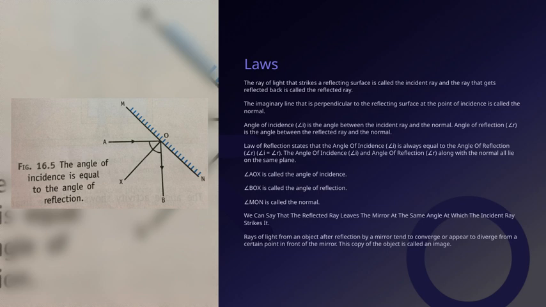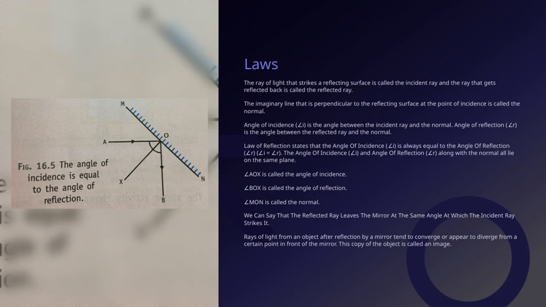The angle between the incident ray and the normal is known as the angle of incidence, or I. Similarly, the angle between the reflected ray and the normal is called the angle of reflection, or R. An important rule here is the law of reflection. It states that the angle of incidence is always equal to the angle of reflection, so I equals R. Also, both these angles, along with the normal, all lie on the same plane, which is a key point in